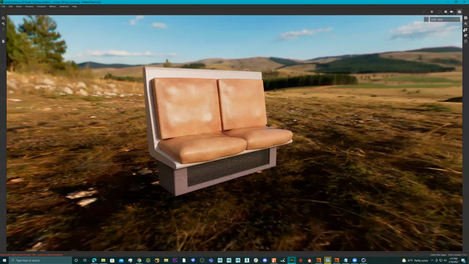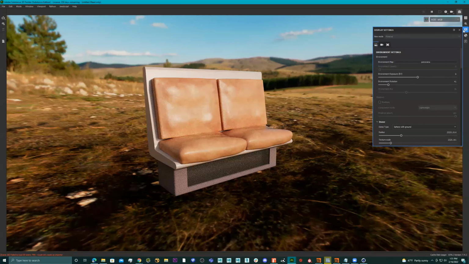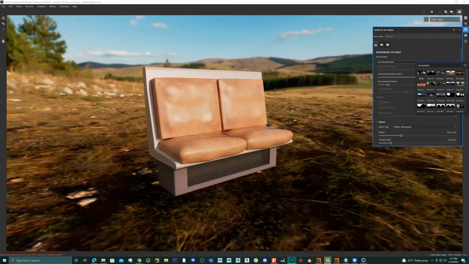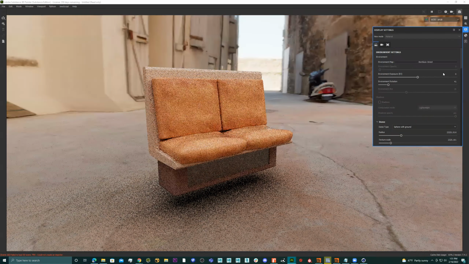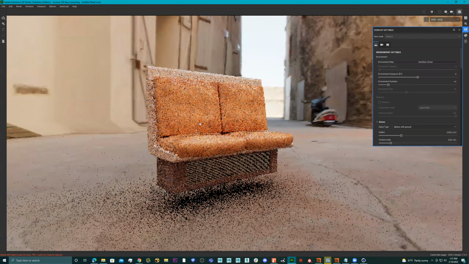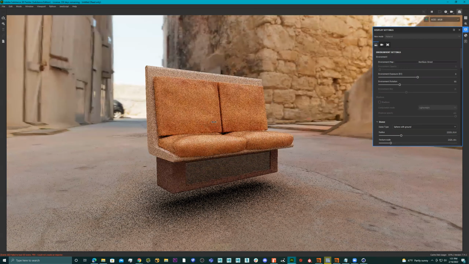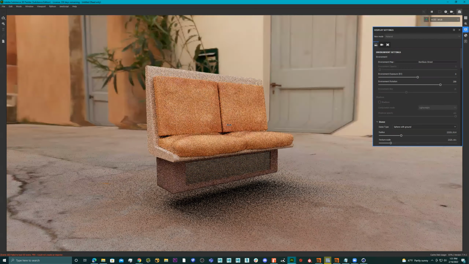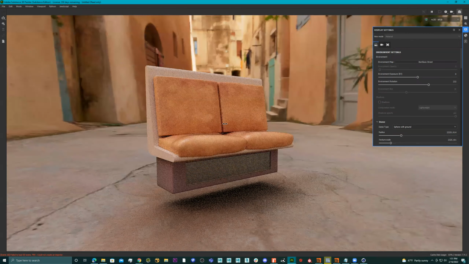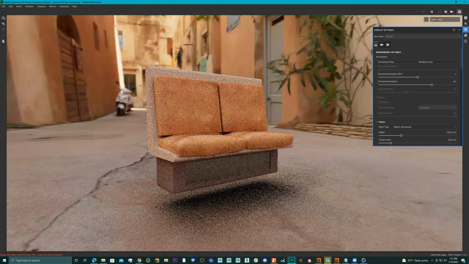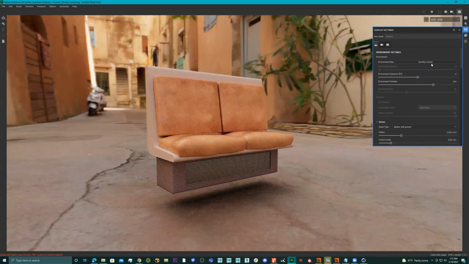And the cool thing is if we go to this right here, right now it's on this, but I can choose different HDRI locations. So now it's like in this street somewhere in Spain or something. And we're seeing what it looks like. So we have different lighting scenarios we can put it in